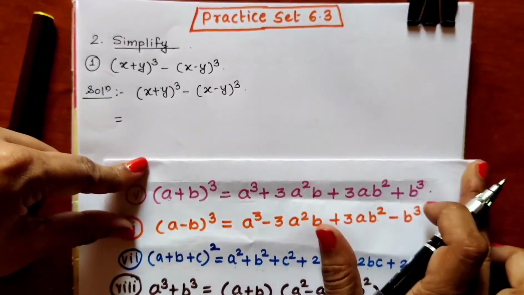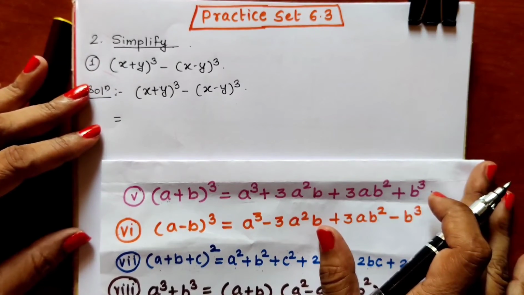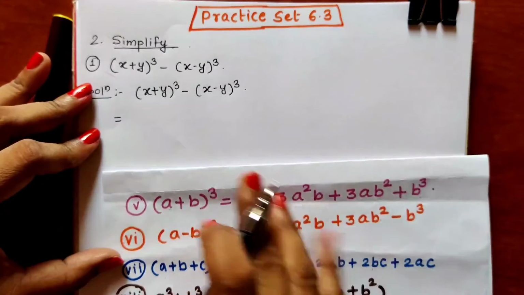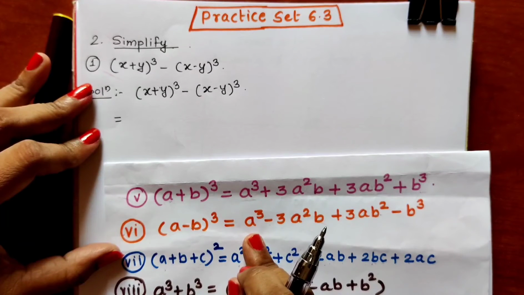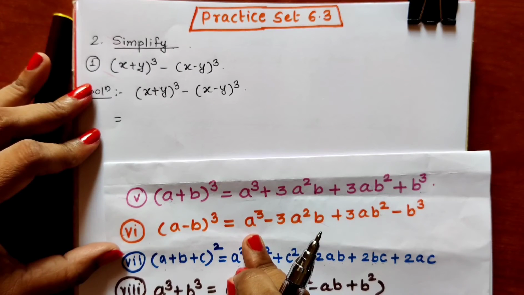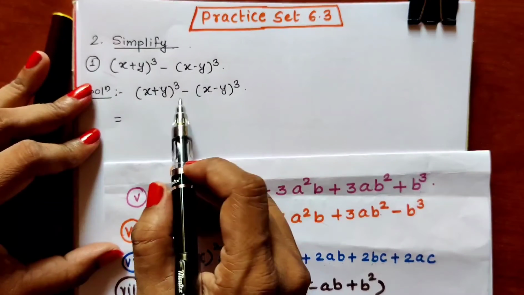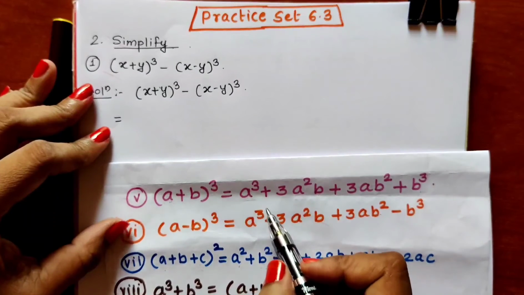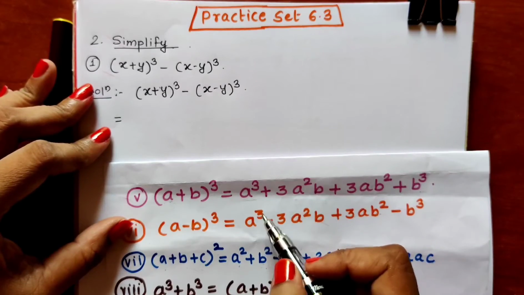Till now you all have understood how to apply the formula and you have been doing it from the last chapter. So I hope there will not be any confusion. We don't need to write this formula again here, because these formulae are in our last lesson. We have applied them for solving the sums from practice sets 5.2 and 5.3. The same type of sums we have solved in practice set 5.3. So let us apply the formula. You can memorize the formula and then apply.